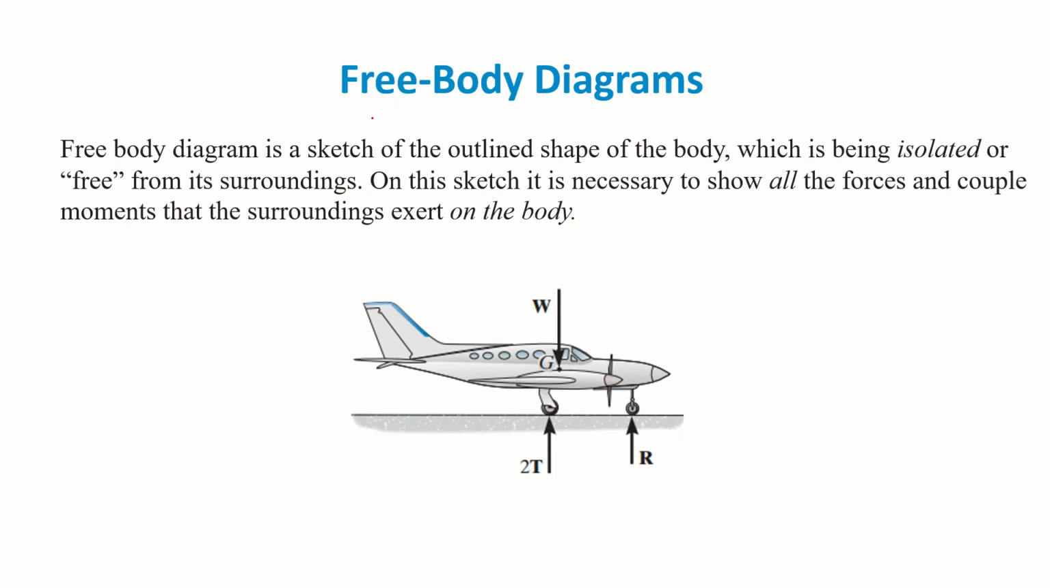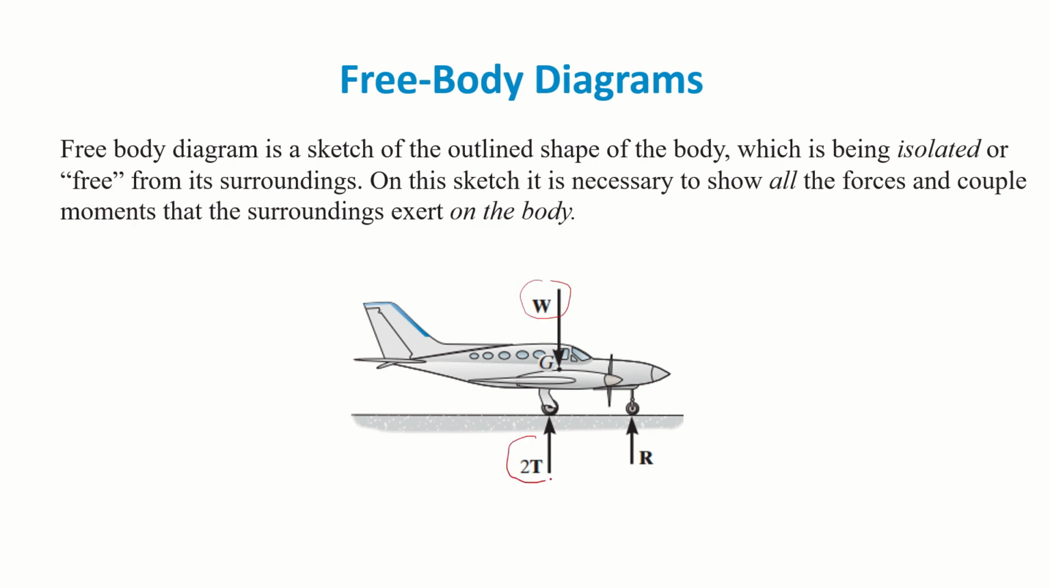In this video, I will explain what is free body diagram and what are the support reactions. So in this slide, I will explain what is free body diagram. Free body diagram is a sketch of the outline of the shape of the body which is being isolated from its surrounding. So you can see this plane whose outline shape is being plotted and it has been isolated from its surroundings. And then the forces which are acting, first one is the action force W, and then